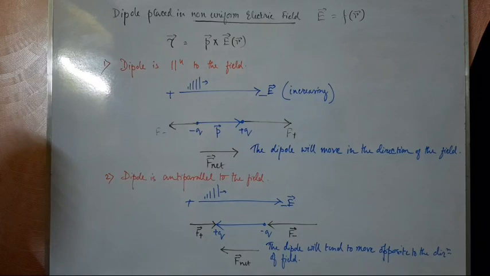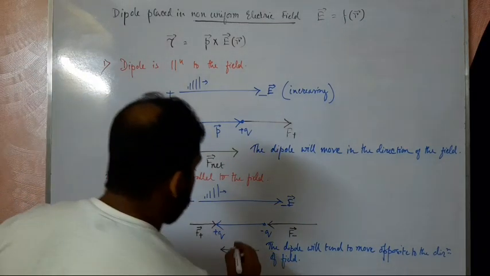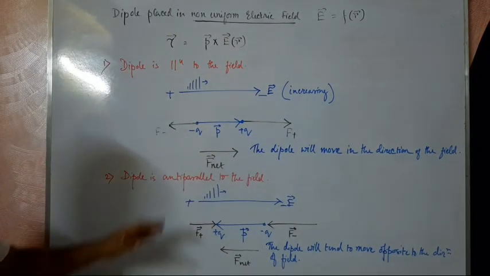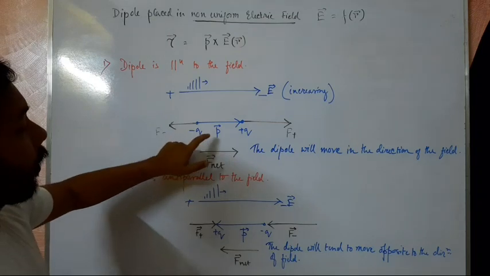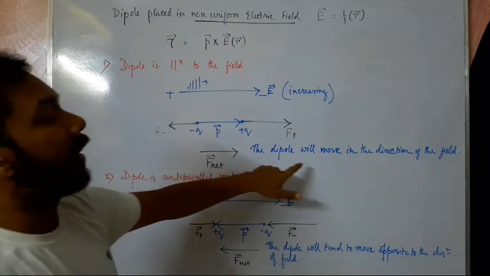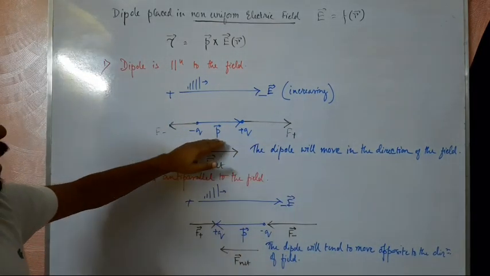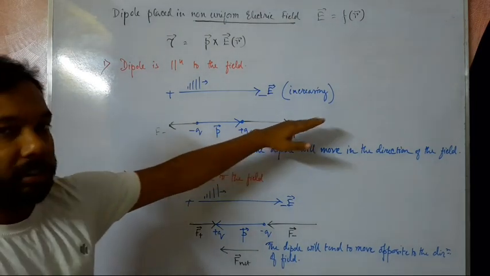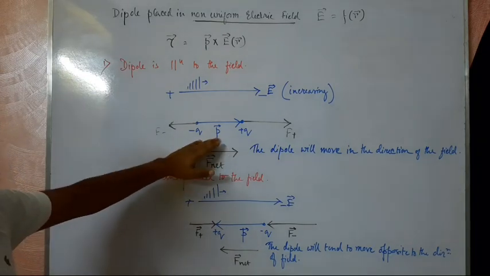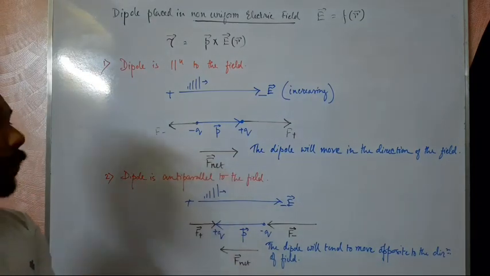Now, in order to reduce the complicacy, you can just remember like that: the direction of the dipole moment is the direction of the movement of the dipole. What is the direction of the dipole moment? In this direction, the direction of the field, and here it is the direction opposite to the field. So the direction of the dipole moment is always the direction of the movement of the dipole placed in non-uniform